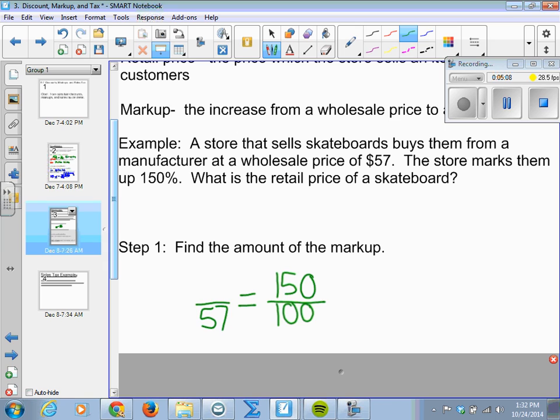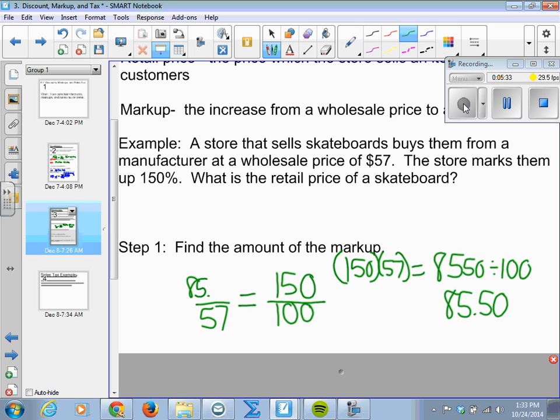And we work our cross multiplication. And we will get 8,550. And then we divide that by 100 for a markup amount of